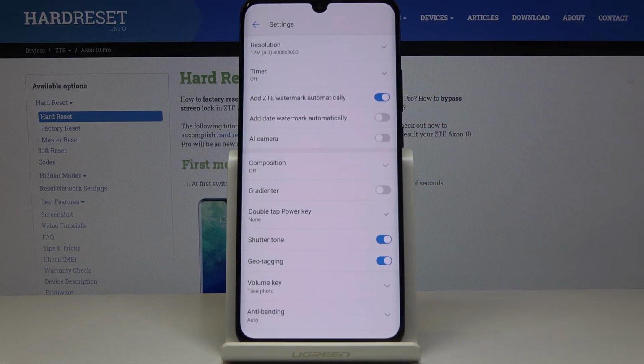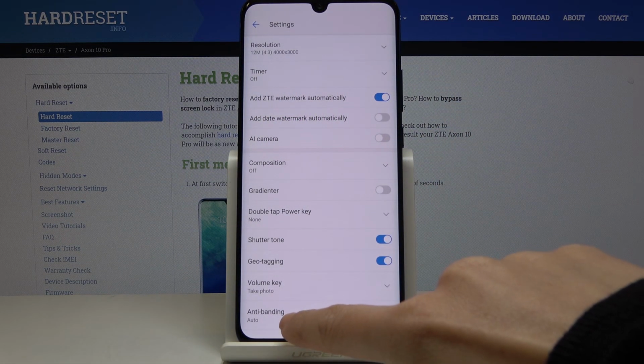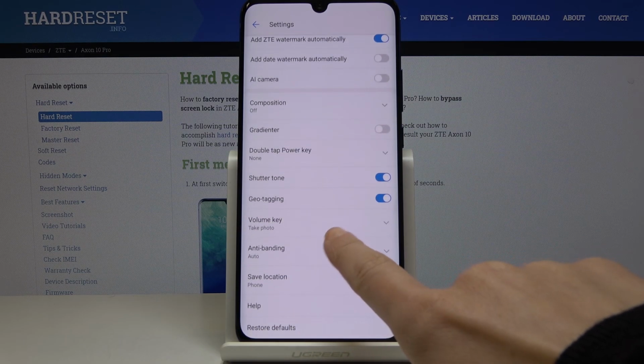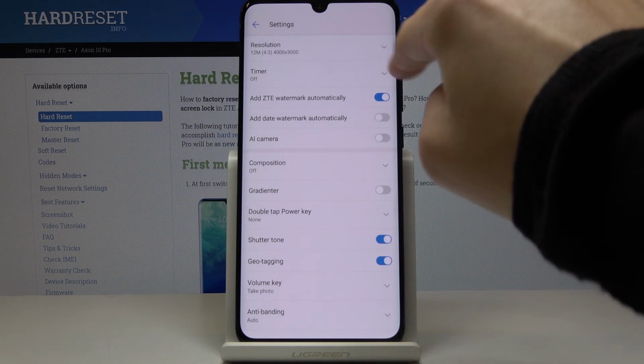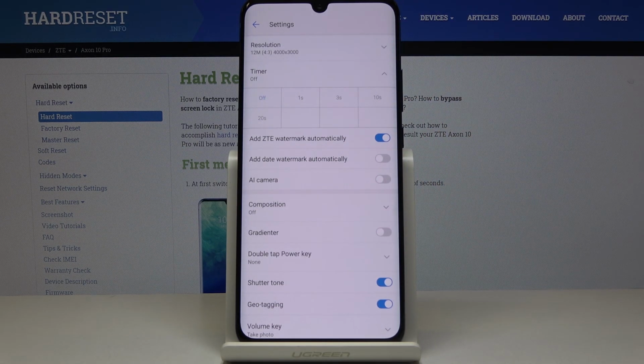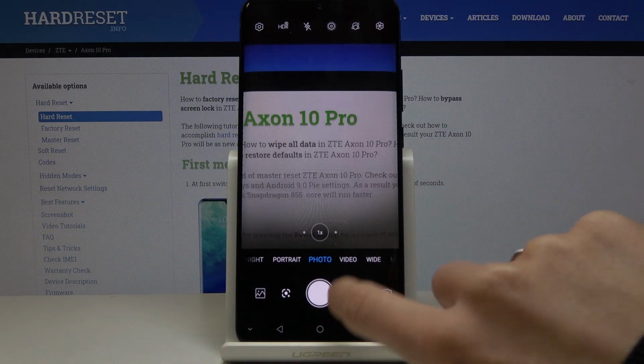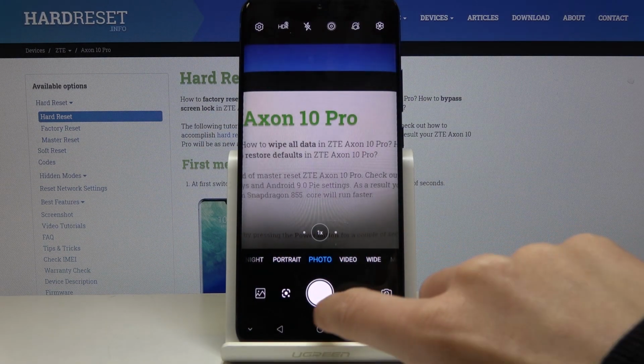If you would like to activate the timer, you have to locate its icon, and it's right here, so it's the second one, and pick 1 second, 3 seconds, 10 seconds, or even 20 seconds. I will pick 10, and if you'll go back, you will see that the picture will be grabbed after 10